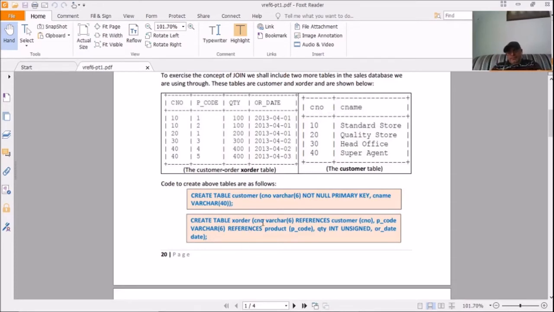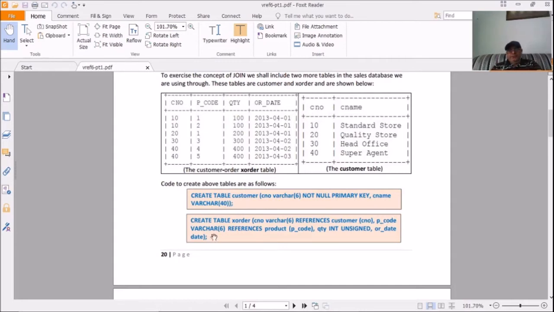For example, C number varchar 6. This is a column which this X order table is sharing with the customer table. So C number varchar 6 references customer C number. Similarly, P code is coming from the product table.